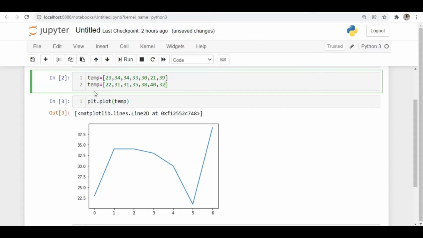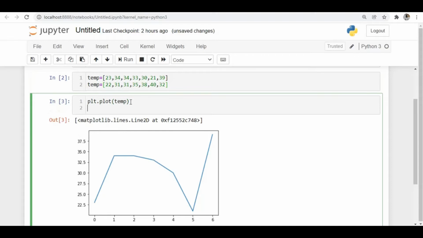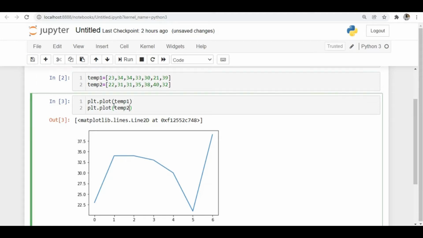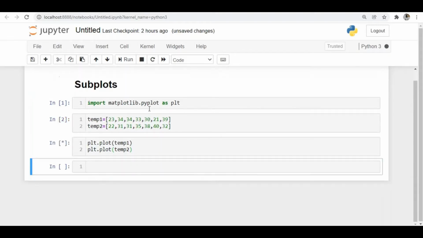Let's consider this as temperatures in Mumbai. So the first one is Chennai and the second one is Mumbai. If I want to plot this again, I can use plt.plot, giving temperature 1 and temperature 2. So when I run this,